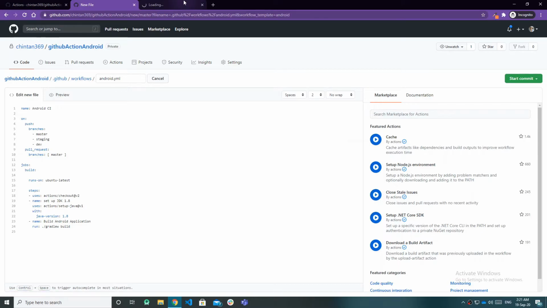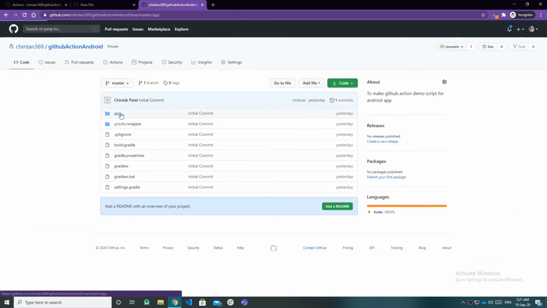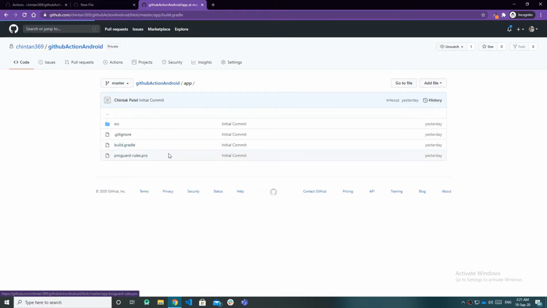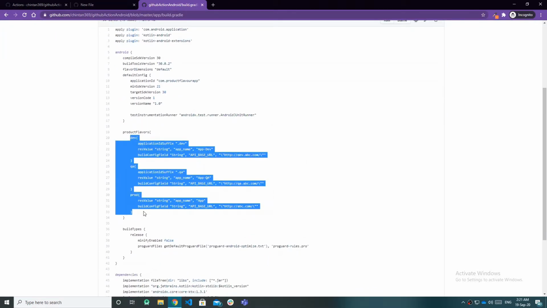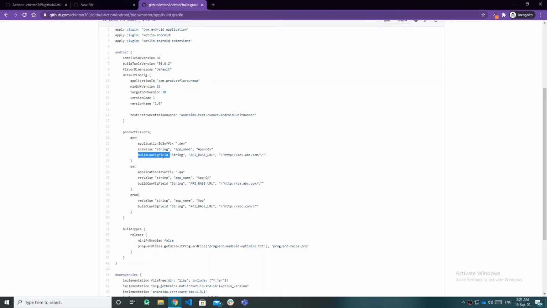Now looking into our code, in our app module build.gradle, I have defined 3 product flavors, as I showed in our first video, using which we can create multiple applications with the same code base. I have defined Dev, QA and Pro, these 3 product flavors.